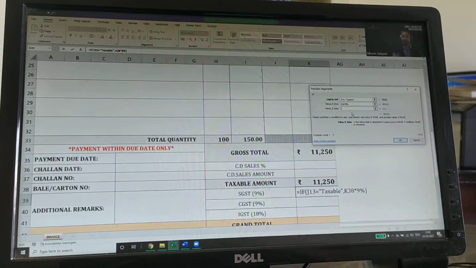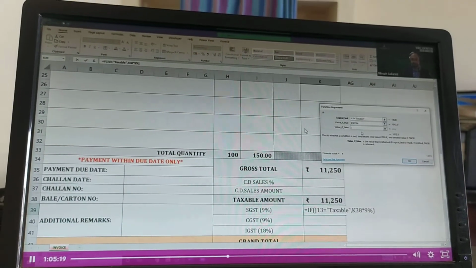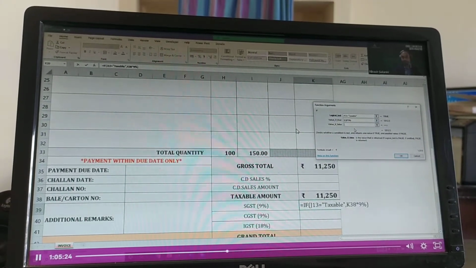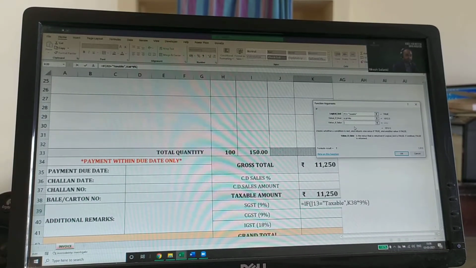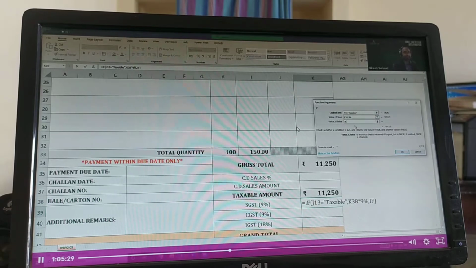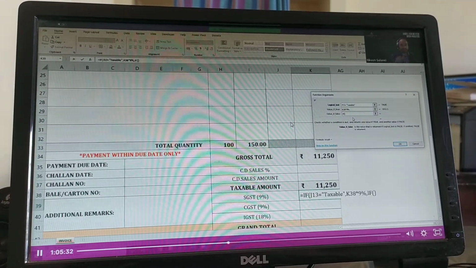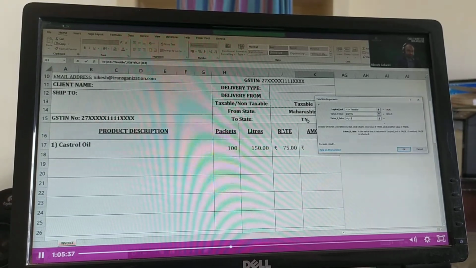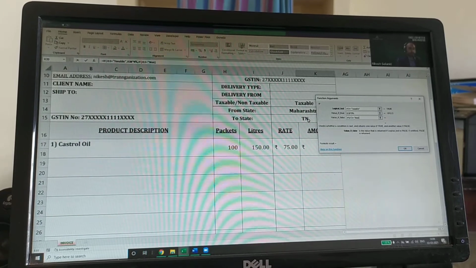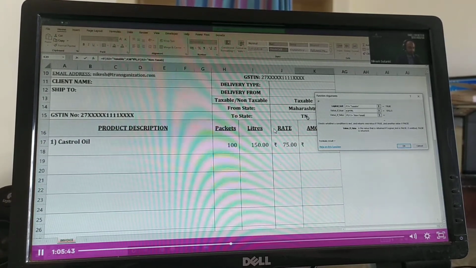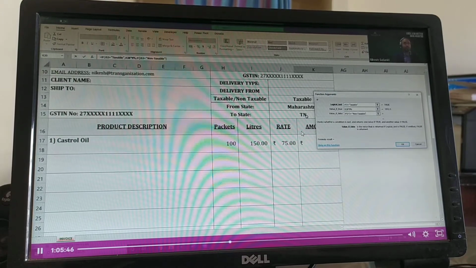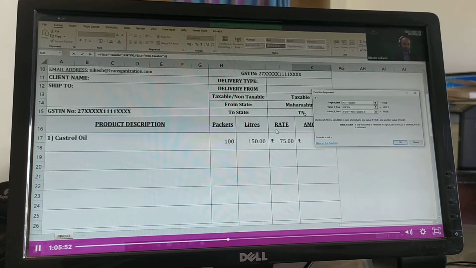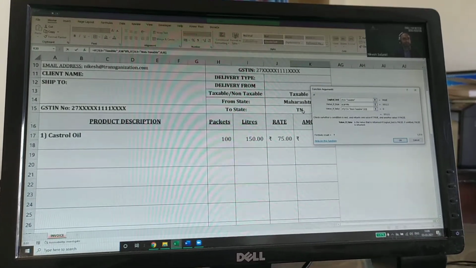It will be 0. But we have not written any formula for non-taxable. So now I'm going to put one more if condition in false. And that if condition will be, I'll write again, if, I'll open the bracket here, if J13 is non-taxable, then what happens here? If it is non-taxable, make it 0. And all the conditions will be 0.